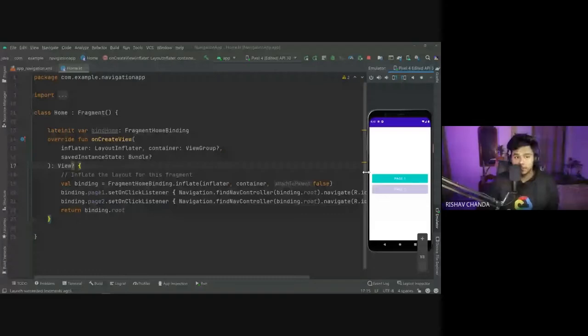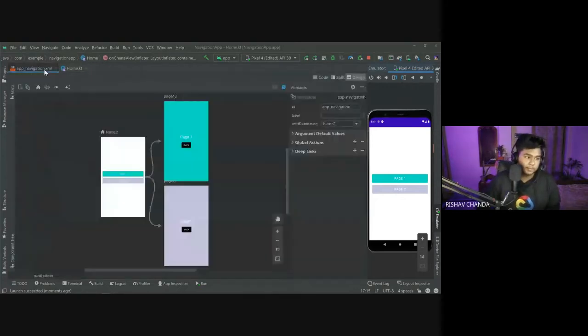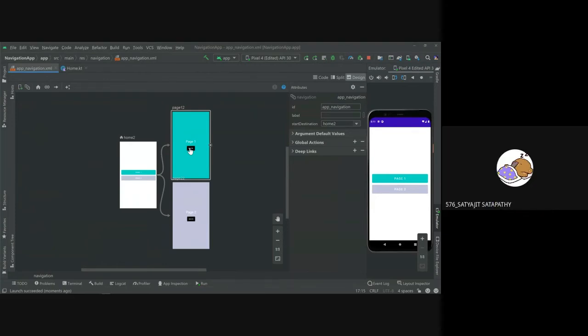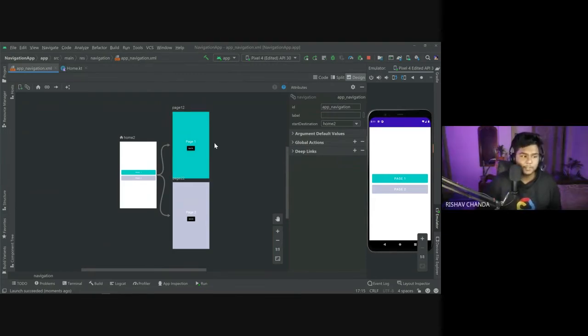Now here the things come for the back button. The back button is a part of the back stack, which is in the advanced navigation, and I would like to show you that one, right? So for going from this page to this home page, can anyone just tell me which action I have to create, from which fragment screen to which fragment screen I have to create to implement this back navigation? Just anyone? Page 1 to home, yeah, correct.